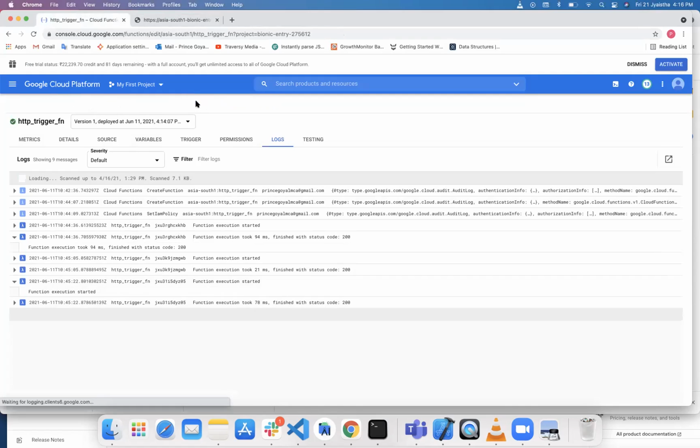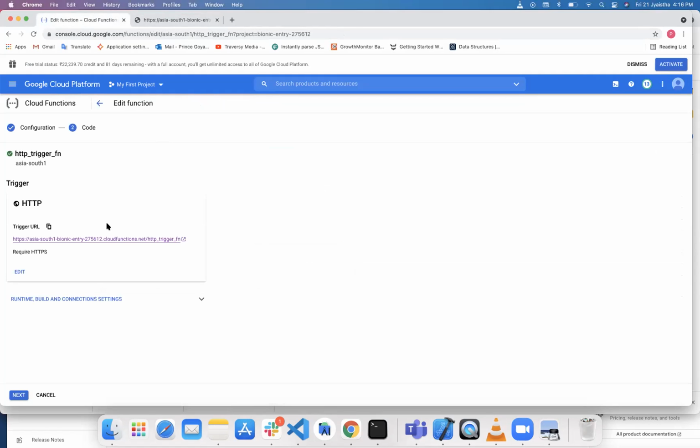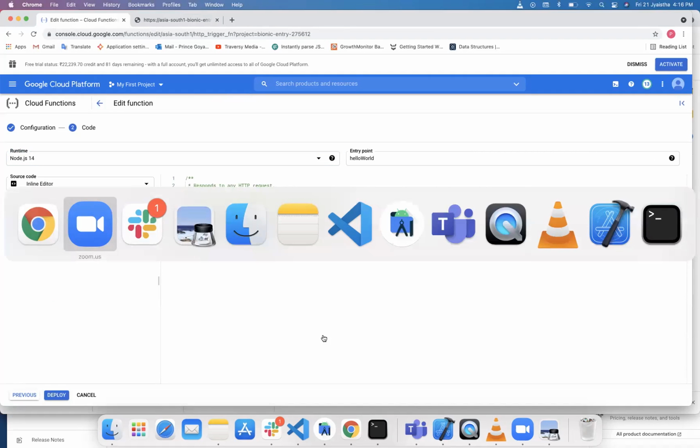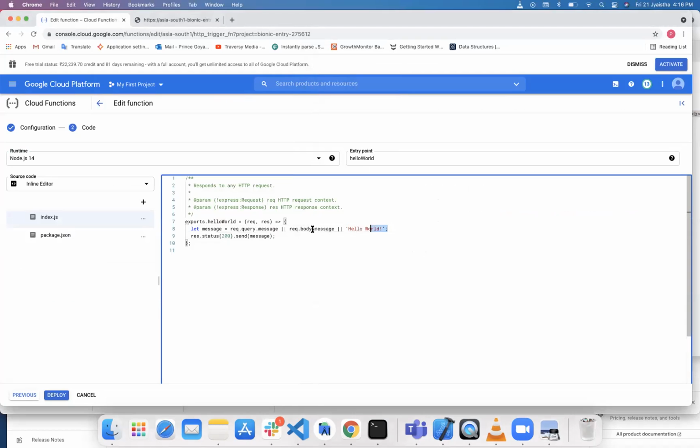We can also edit the function. So if you want to change the code or you want to do something else, I have a simple example of a HTML file.